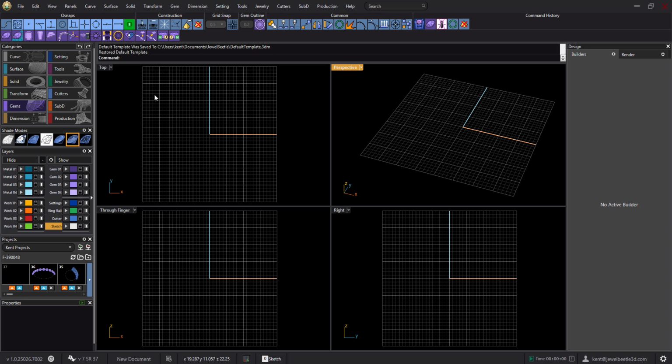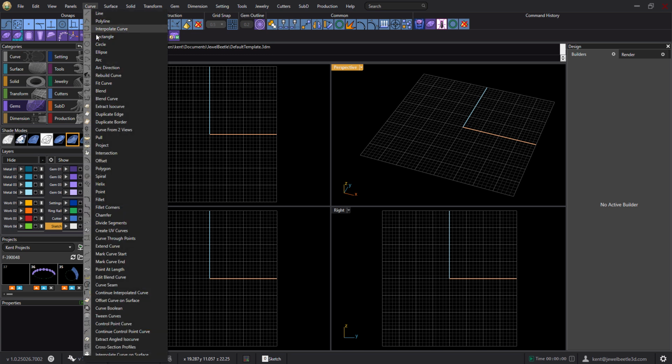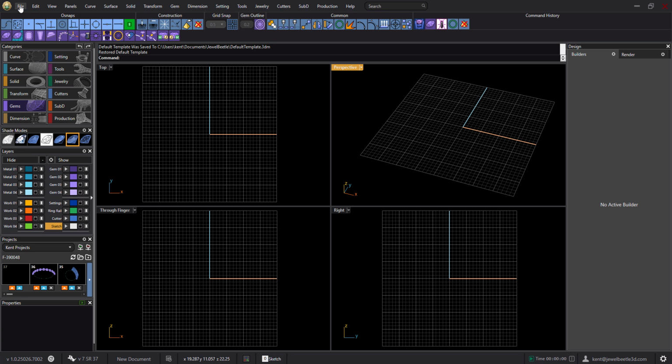So up at the top, like a normal Windows program, we have File, Edit, View. Some other things you may not recognize that are unique to Jewelbeetle is Panels. Otherwise, a lot of these are Rhino menus, and so Curve is certainly a Rhino menu, and in that you would find all the Rhino curve commands. So if you've been using Rhino, these would look familiar. If you haven't, as you use Jewelbeetle, you'll certainly learn them. So there's those. So let's start with File,